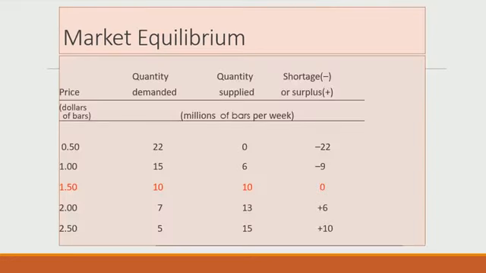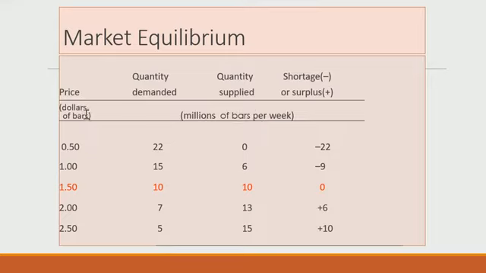Now, if I consider an example, borrowed from chapter 3 of Parkin, different prices were given, and at these different prices, information on quantity demanded and quantity supplied was provided. So at $0.05 or 50 cents, quantity demanded is 22 million and quantity supplied is 0. In this example, Parkin used power bars, so millions of power bars per week is the quantity, and prices are